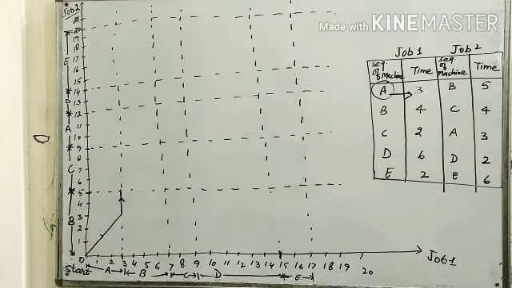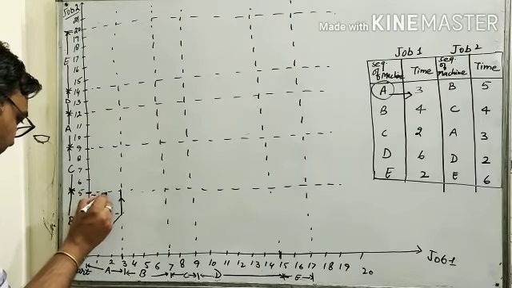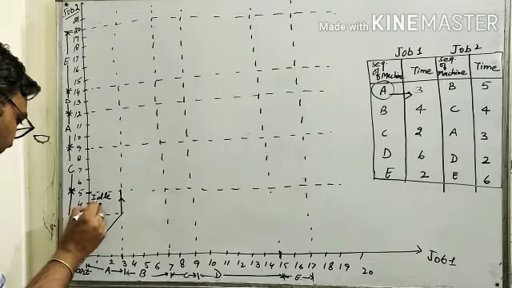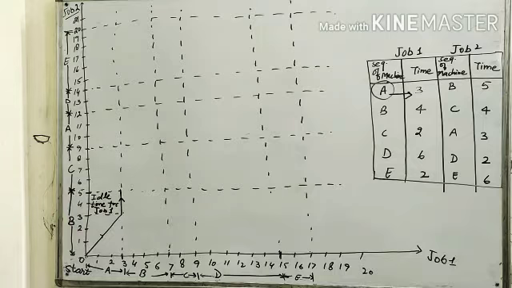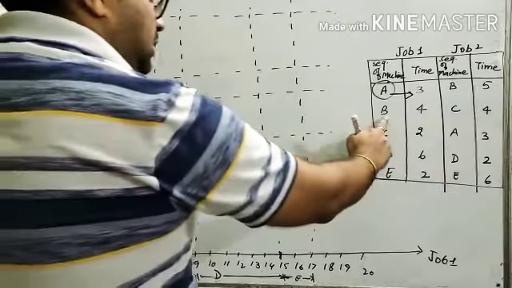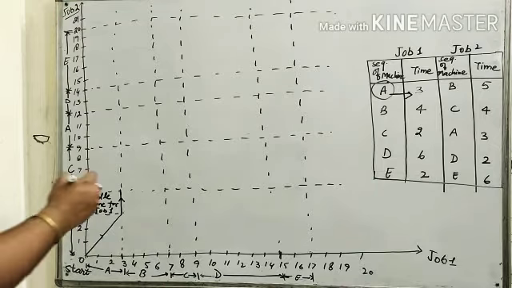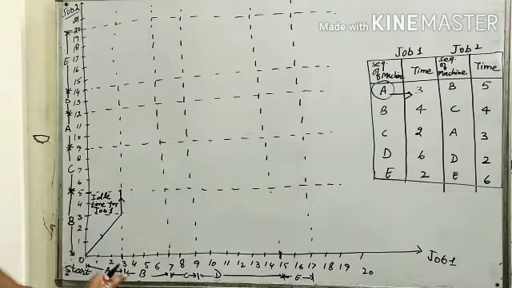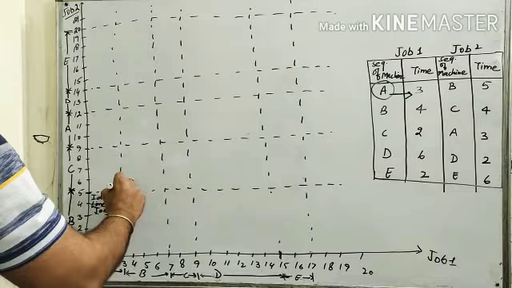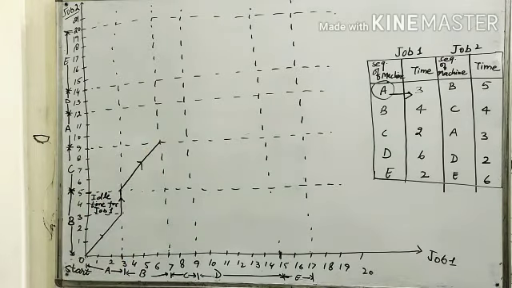So this from 3 to 5 is idle time for job 1, because job 1 will be idle at this particular time period. Again, when B product is available, then it will work up to the 4 hours. So from this particular point, 3 to 7, it is available. So this is the complete time for this.